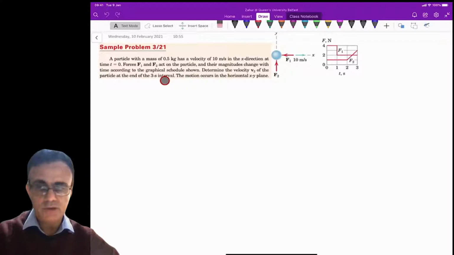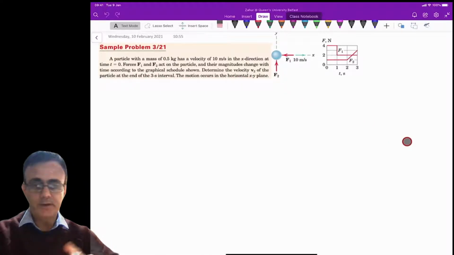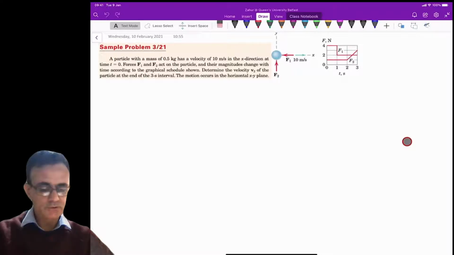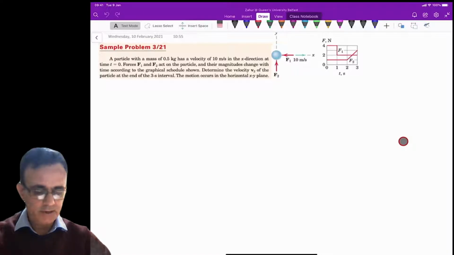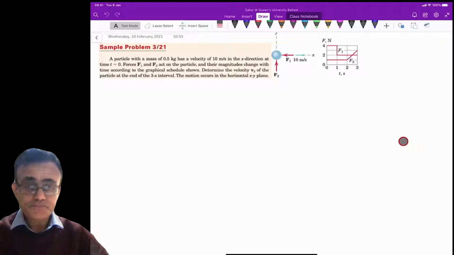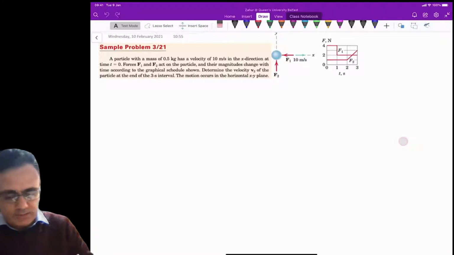So you have to calculate the velocity of the particle after 3 seconds, and the motion occurs in the horizontal xy plane. So the motion is happening in the xy plane here. Okay, so to solve this problem,